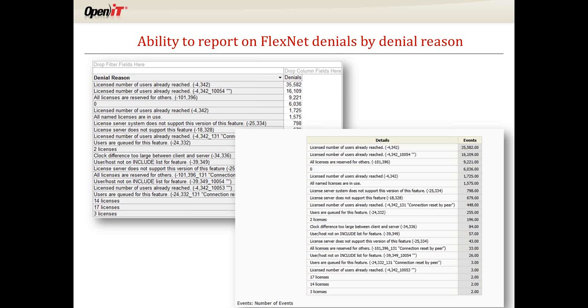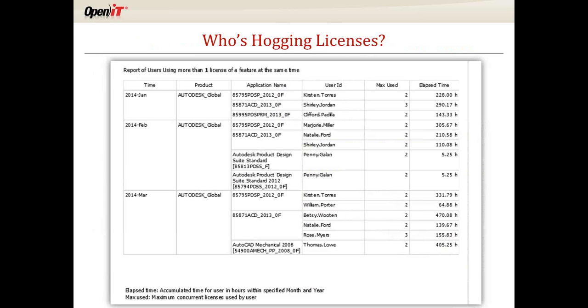Understanding denials is another component, because there are all different reasons why people get denied a license when we're looking at that license server count. So you want to be sure that you've got a tool that's dynamic, that can not only report denials, but why. Why am I getting those denials? If you have licensed servers in your organization, you might have seen some of this, where people are trying to log into the wrong server. So it's not really about a license count per se. It's other events that are going on. So you want to make sure you've got a tool that can give you that detailed reporting.